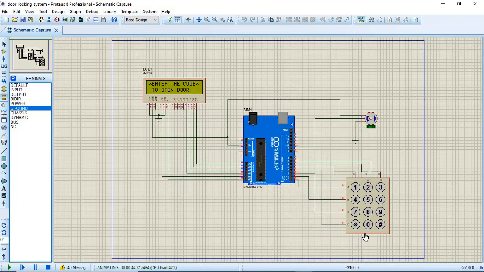Let me show you once again. Let me type again, 0, 1, 2, 3. Access granted. The servo motor starts rotating.